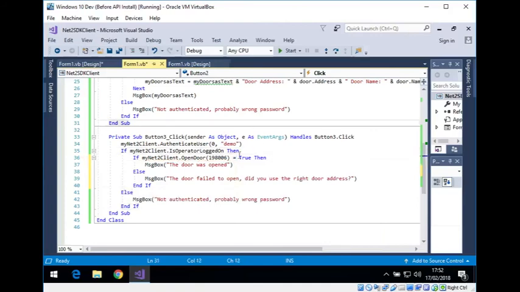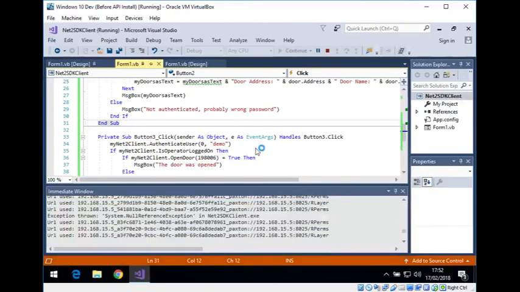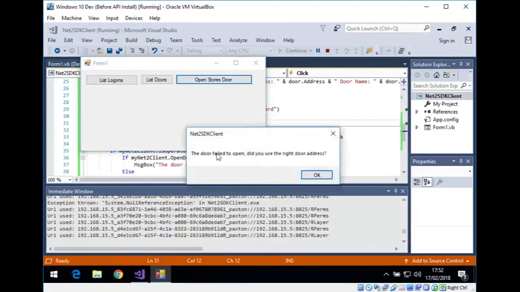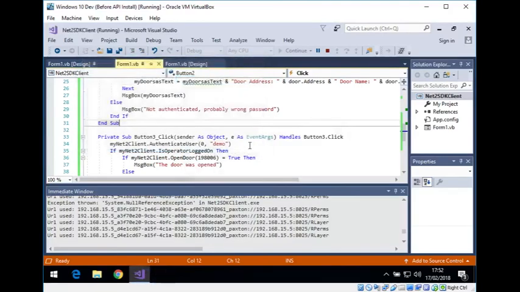So if I now do that again, it should warn me that the door didn't open. Sadly, I can't tell exactly why the door didn't open. It just comes back with a true or a false. But again, at least to the user, if for some reason somebody's disabled the door on the Net2 server, or you've got the configuration wrong and you're sending the wrong door address, you get a message saying that the door failed to open. If I go and amend this to be the correct door ID,